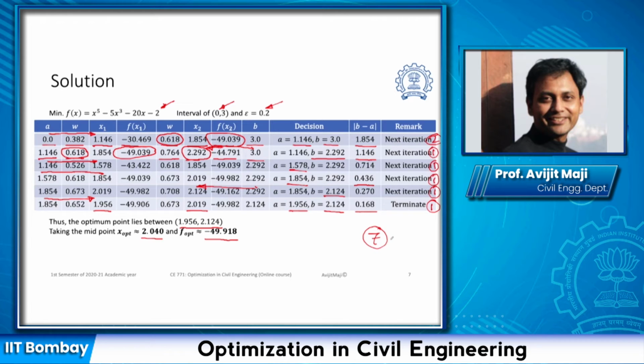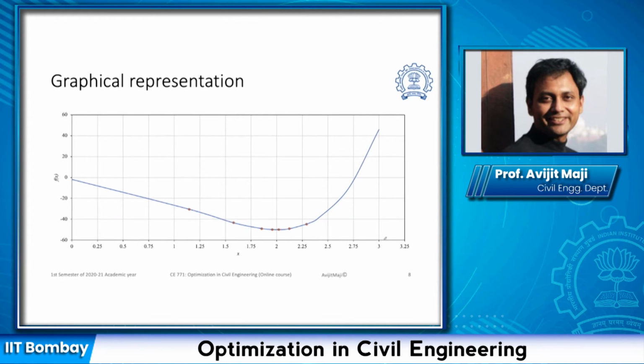Now let us look into the graphical representation of this solution. So here again the objective function is represented between 0 and 1. Initially my lower boundary was 0 and upper boundary was 3, and once we look into the intermediate points,